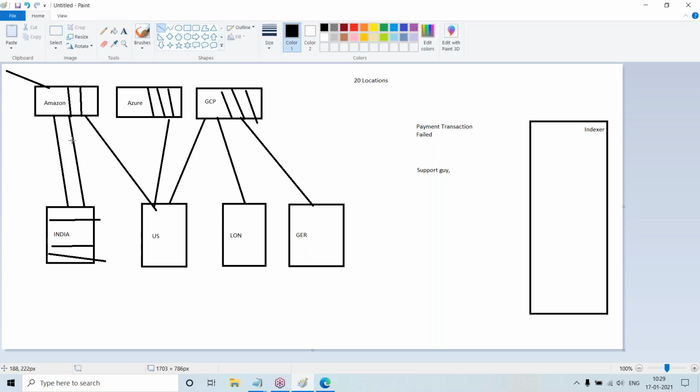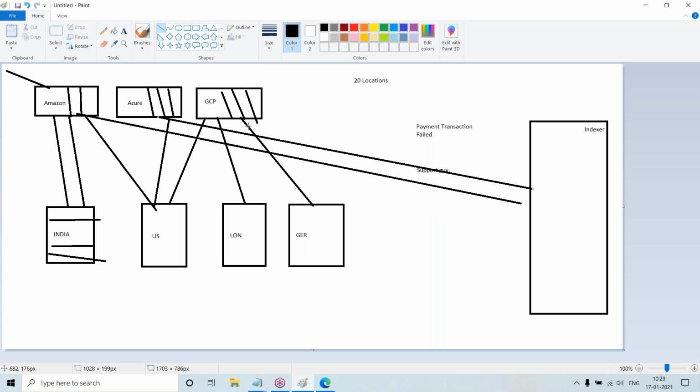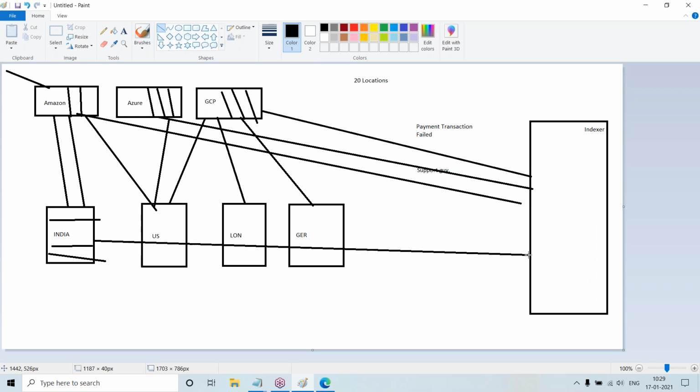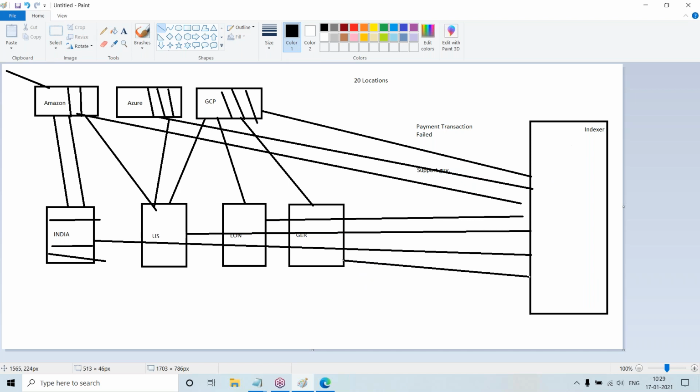Basically it will ship the logs from Amazon, from Azure, from GCP, from the India data center, US data center, London data center, as well as the Germany data center, and it will store them. So I can directly log in into this Splunk indexer, get the data from it, and analyze where the error occurred.